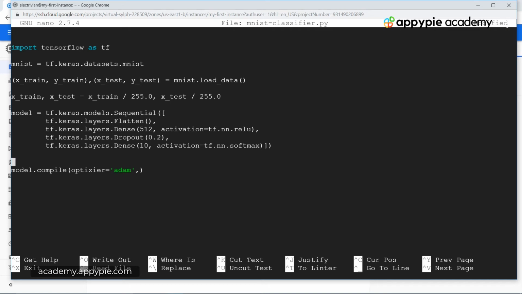Okay, so now we have the Adam optimizer, and then on a new line let's define a loss function. So we have loss, which is equal to, in single inverted commas, sparse categorical cross entropy.